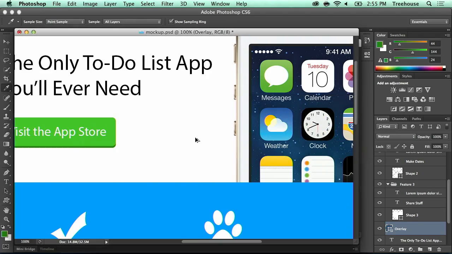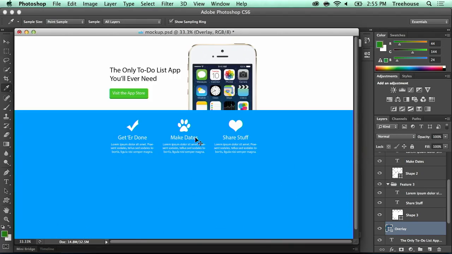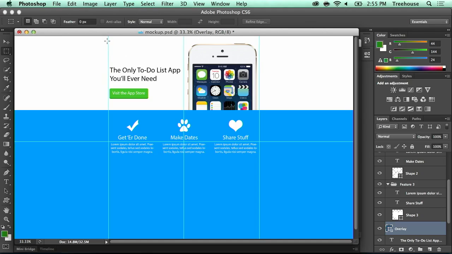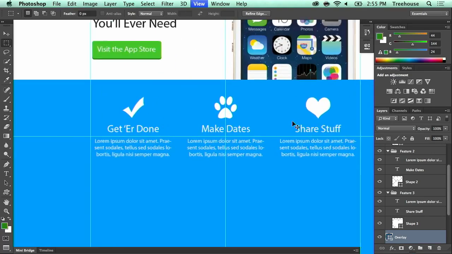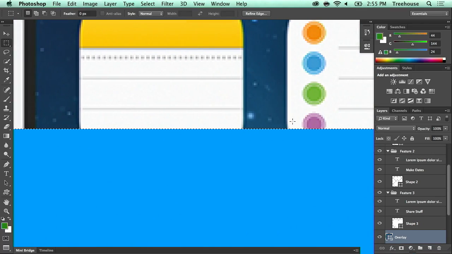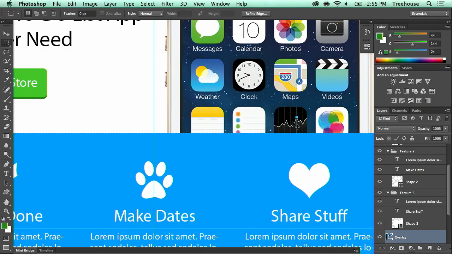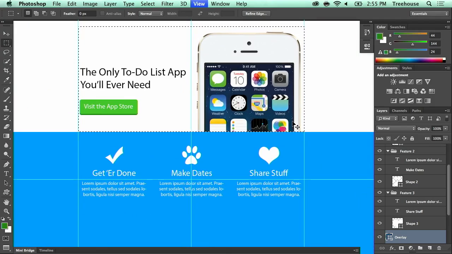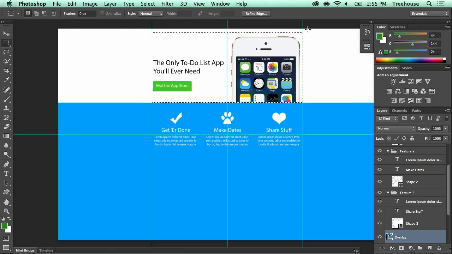Now, let's go ahead and jump into our Photoshop mockup here. And this is where a high-fidelity mockup is really, really useful because I can just go ahead and grab this background image here and just drop it straight into my site. And that's going to save me a lot of time because if I hadn't created this high-fidelity mockup, I would have needed to create this imagery anyway. So that's pretty nice. So I'm just selecting this image here,